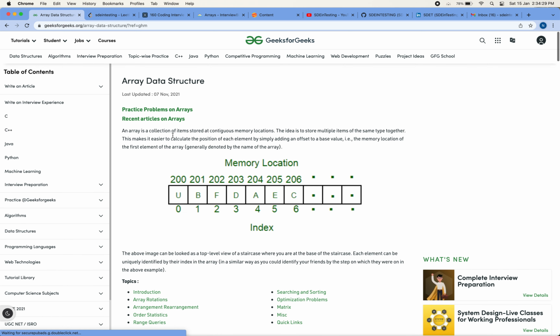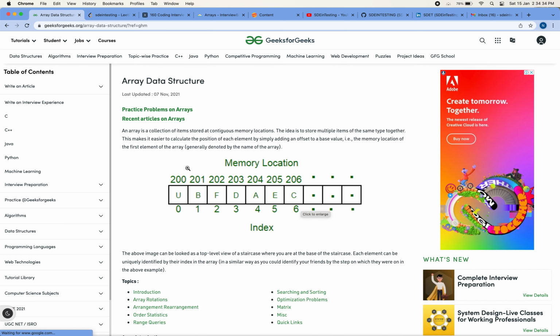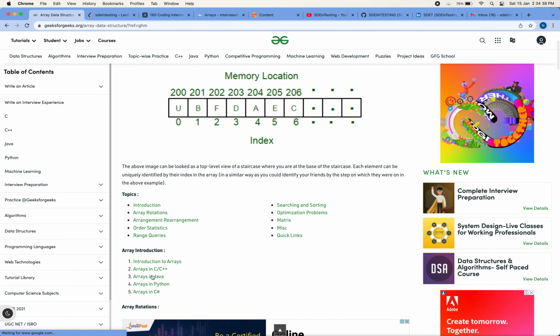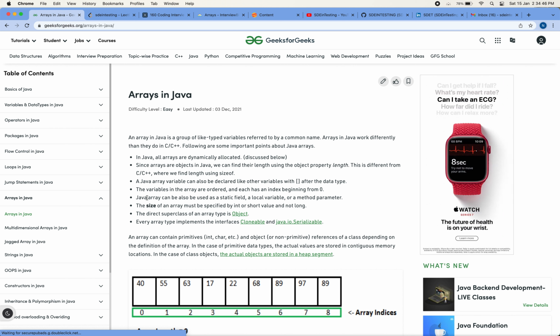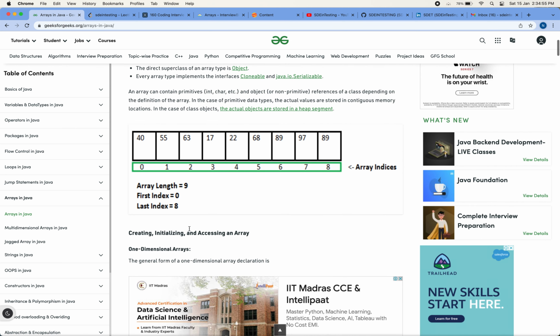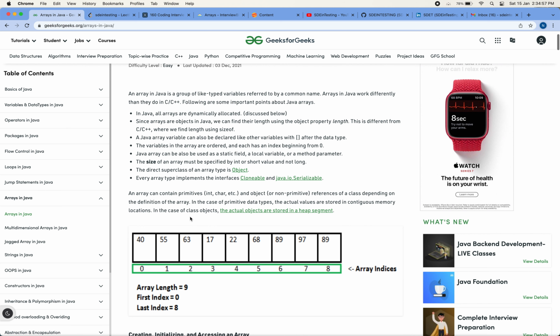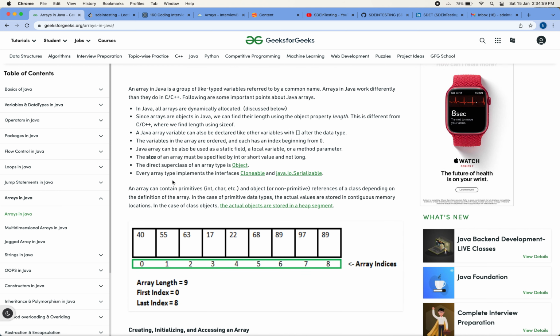These are the basic concepts, like how an array is allocated in memory. I will prefer to use arrays in Java. This is a very basic data structure in Java. Actually, every language has this data structure available. So today we'll start with